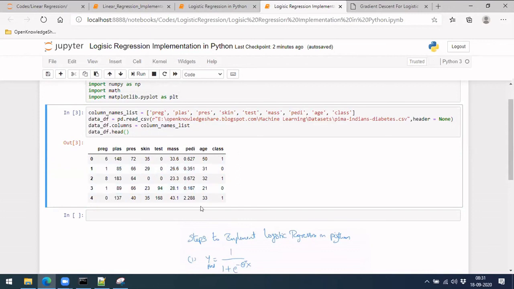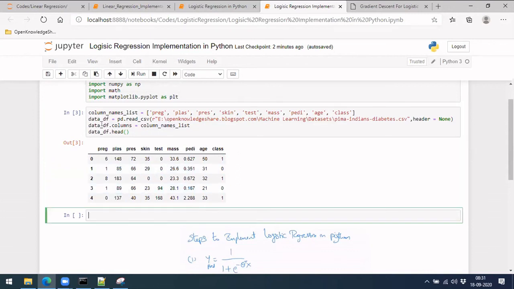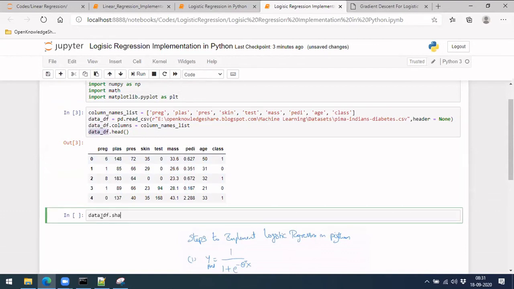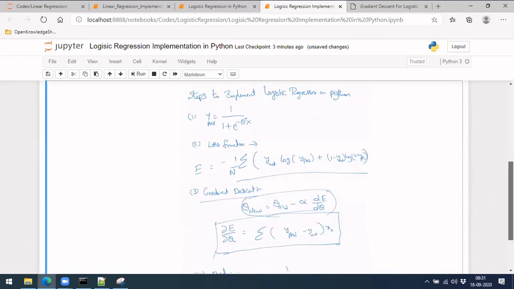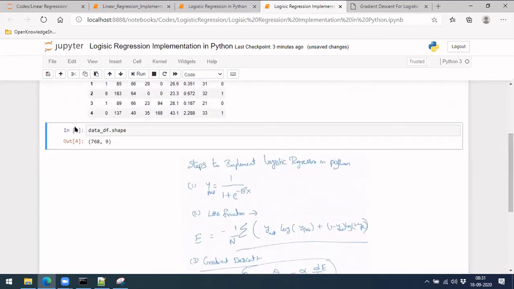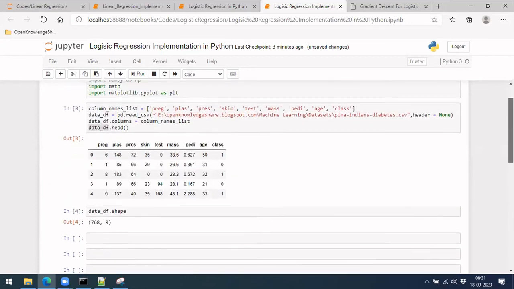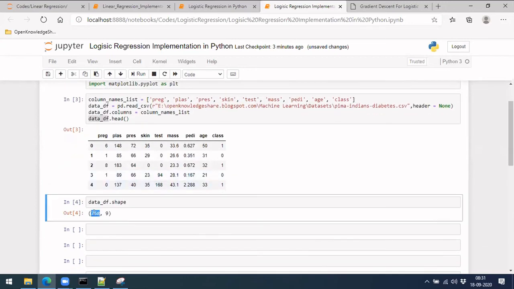We can do this split directly, but we should be doing a random split rather than taking, say, the first 100 rows. Let's see the shape first. Okay, there are 768 rows in this data set.